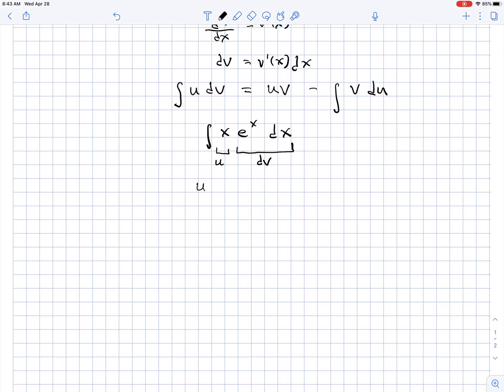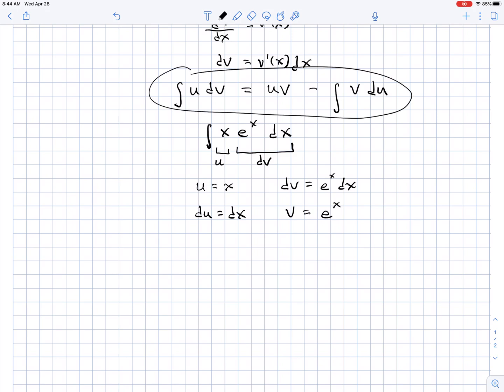So if we call u is x, dv is e to the x dx, then we want to find du. In this case, it is simply dx. And then we want to find v, which is the antiderivative of e to the x dx, which is simply e to the x. Okay? And this should work. Now we just run it through the integration by parts formula, which says the integral of x e to the x dx equals uv, which in this case is x e to the x, minus the integral of v du, which is e to the x dx. Okay, and we get a new integral, which we can totally do. Again, we see the integral of e to the x again, which is just itself,